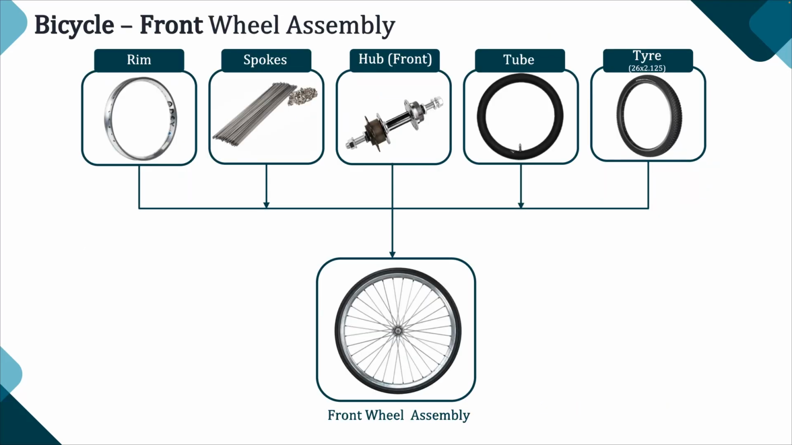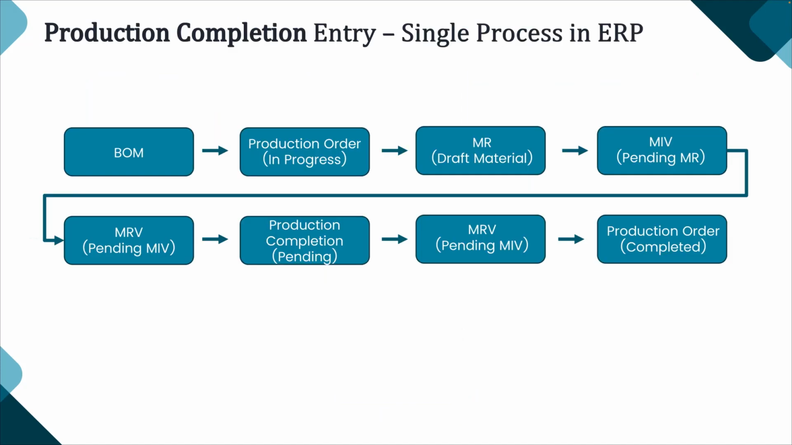This slide consists of your bicycle front wheel assembly, where it holds the materials that's your rim, spokes, hub at front, and tube and tire. This slide holds your flow chart, where it consists of your BOM, that's bill of material, production order, that's in progress, and a material request, where the material falls at draft, and a material issuance voucher, where you'll be taking off your pending material request, and a material receipt voucher, where you'll be taking off your pending material issuance voucher. Then comes a production completion,